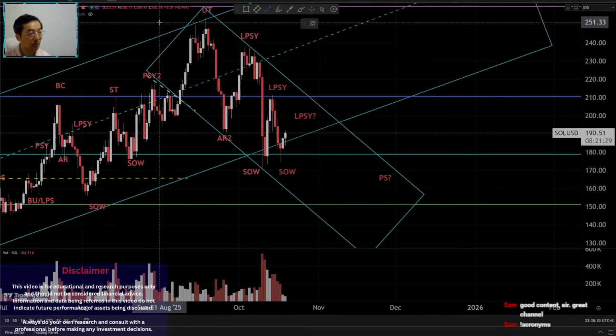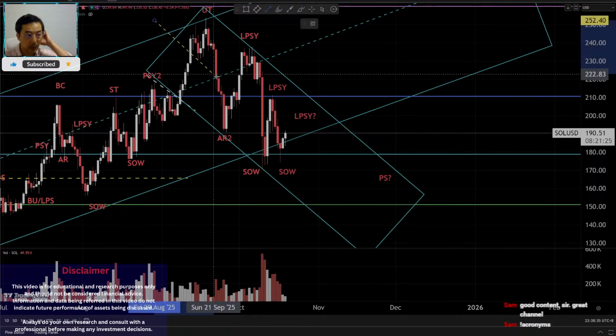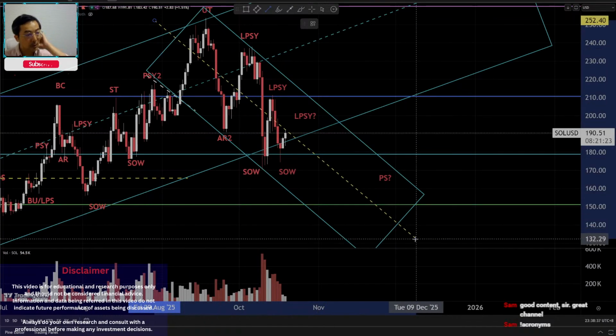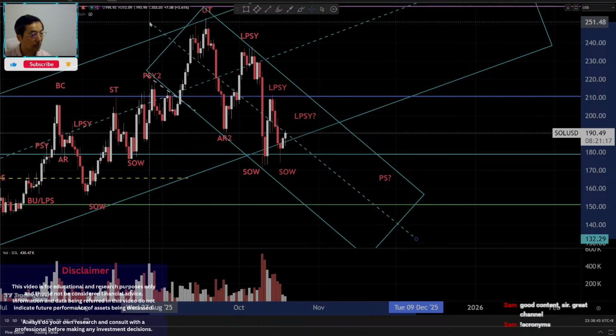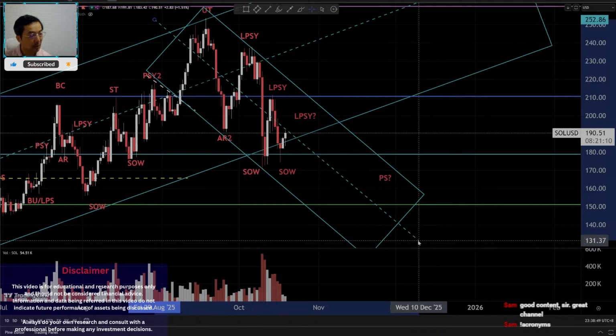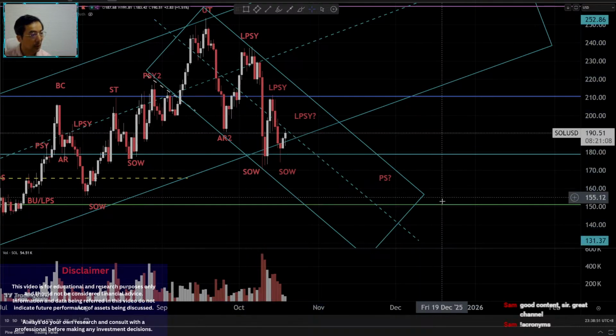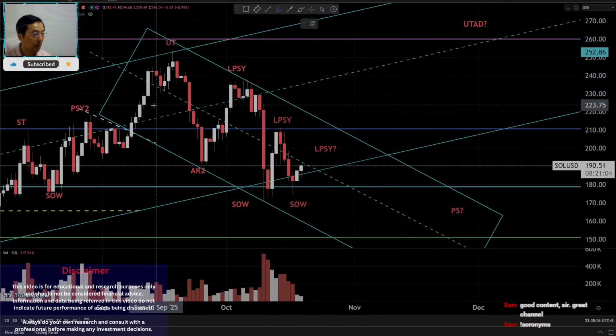Remember the center line or the middle line of these channels, right? Like the dashed line for the bigger box. For this smaller box, currently we have it lying somewhere around here. So why am I putting this line here? As I explained